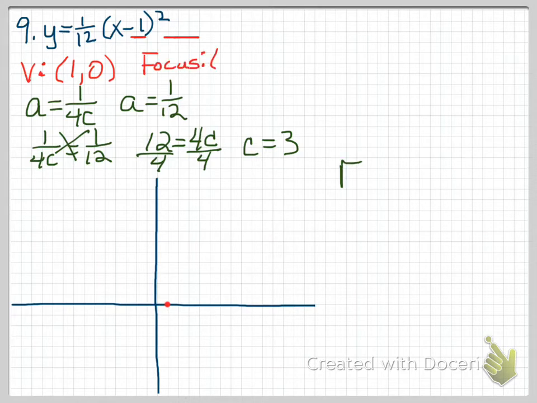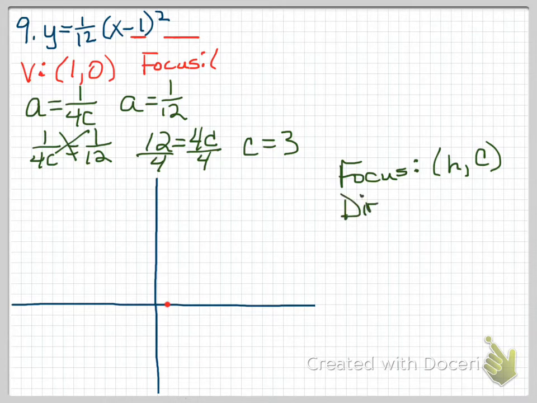Alrighty. Let's think about this first. Focus is (h, k + c), with C as my focal point, my focal length, right? Okay. And then my directrix,